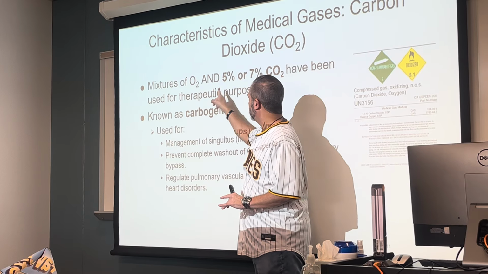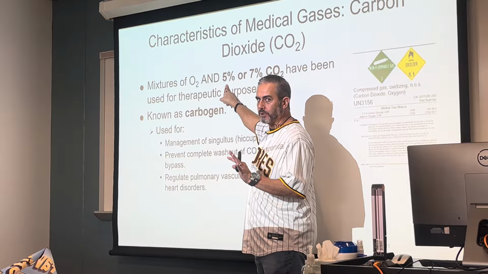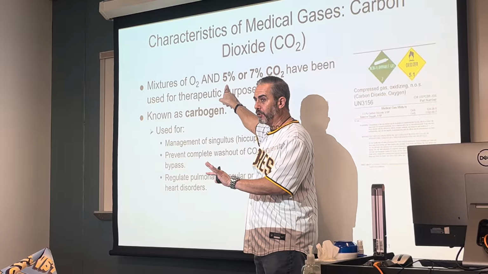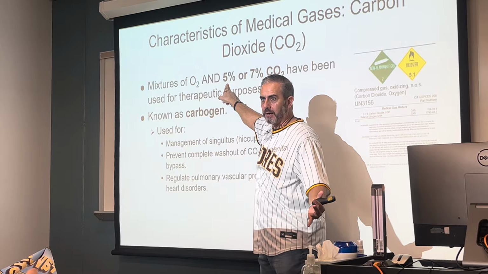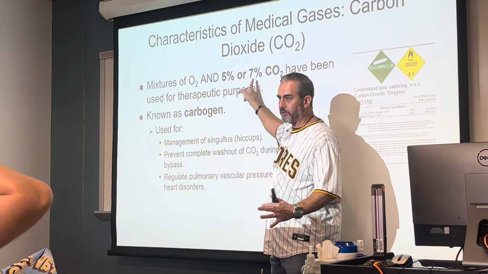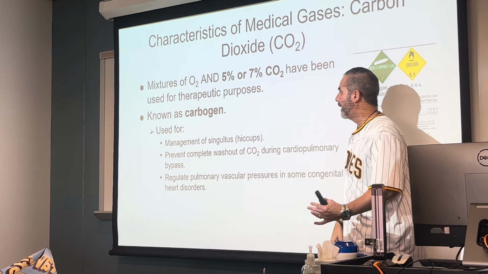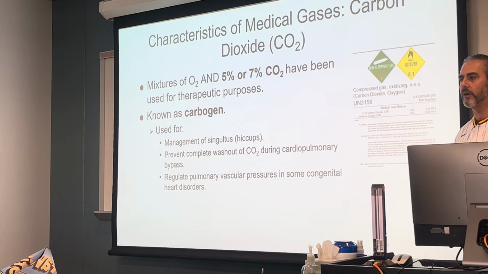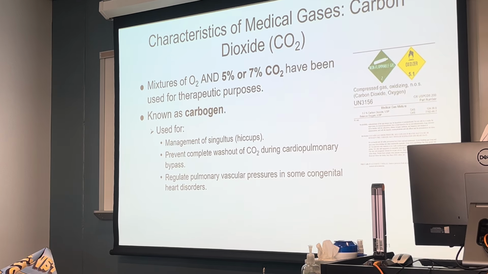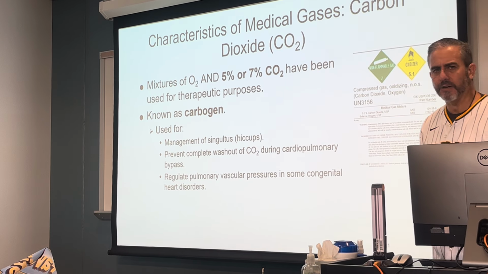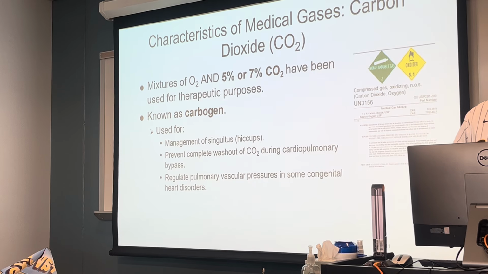So if we're using a 5% CO2 mix, that means 5% CO2, 95% oxygen. 7% CO2, 93% oxygen. That gas we call carbogen. You don't see it used very often, but if you come across it, or it's an answer option on the test,